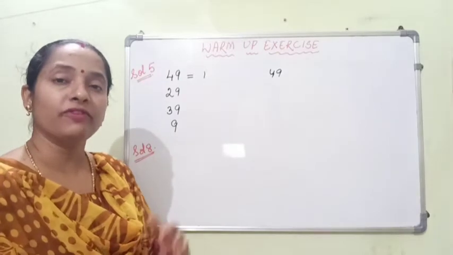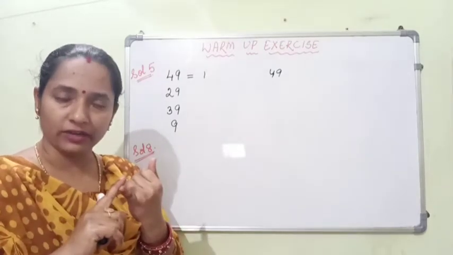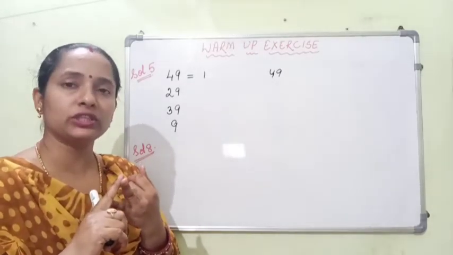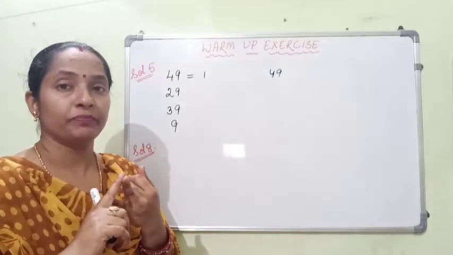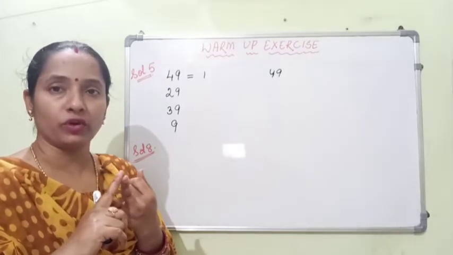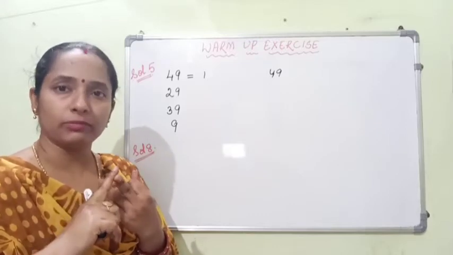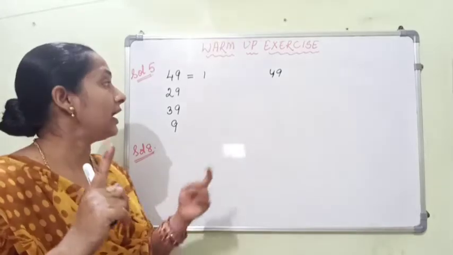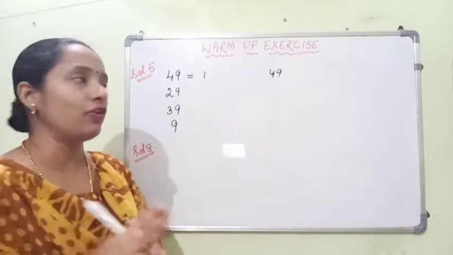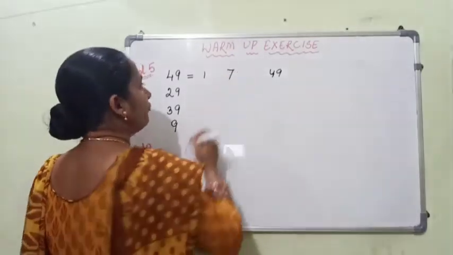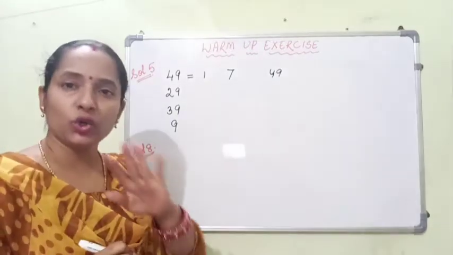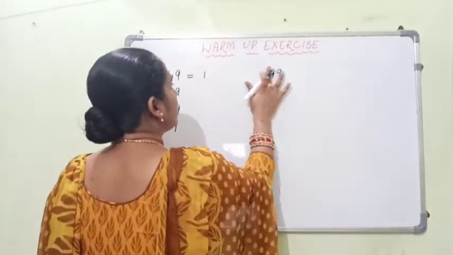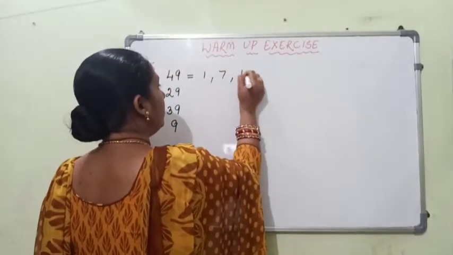Then what is the other number by which you can divide 49? You can divide 49 by 2, isn't it? Next, by 3? No. If you all know the tables very well, they are going to help you here. In the 3 table also we have no 49. 49 is not a multiple of 3, not a multiple of 4, not a multiple of 5 or 6. Yes, 7 has 49, that is 7 sevens are 49. Is there any other number? There are no other numbers by multiplying which you get 49. So the factors of 49 are 1, 7 and 49.